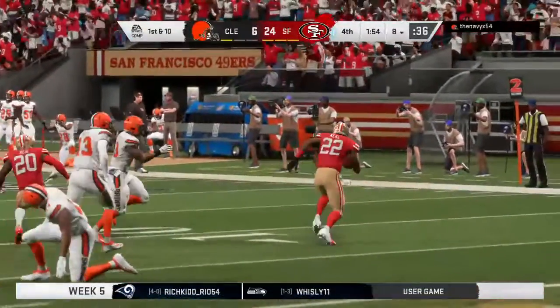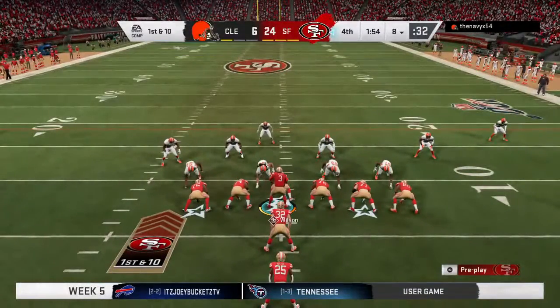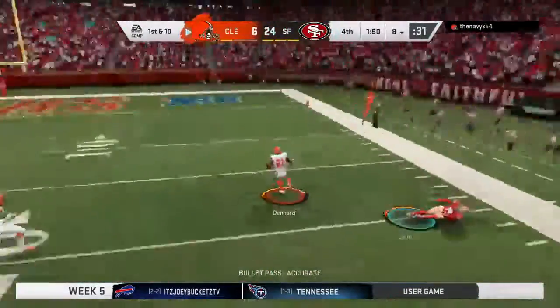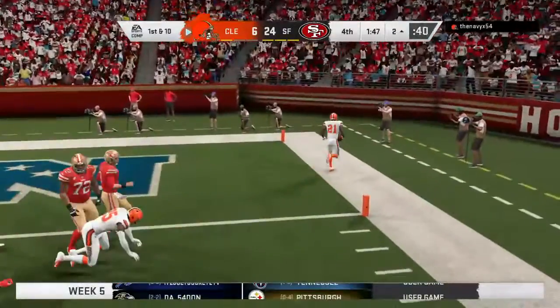So many times we end a game, and as we're recapping it, we're talking about what offenses did and how they won the game. Let's flip this one over. The defense, they frustrated the offense the entire ball game. And he fires one that's intercepted. Picked off by Darquez Dennard. And he'll